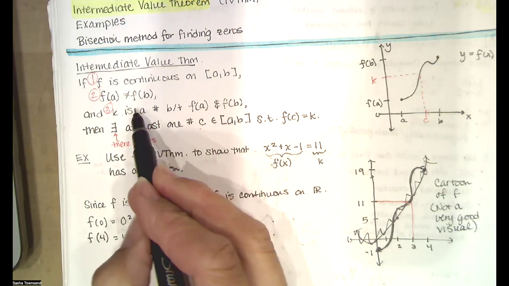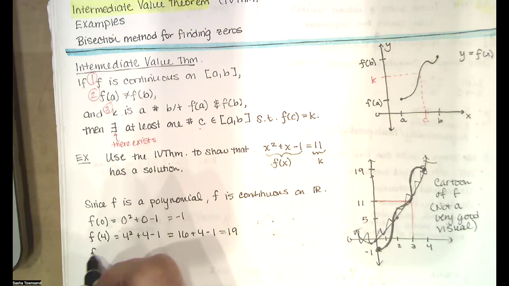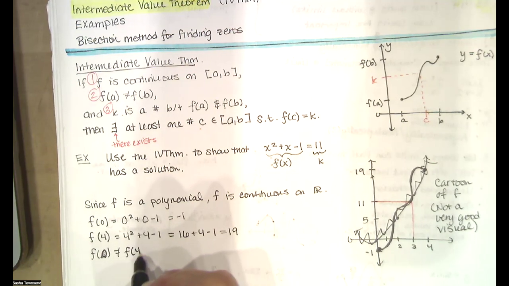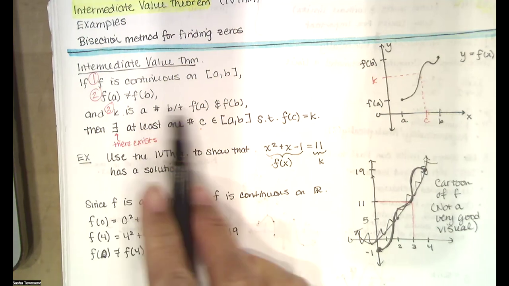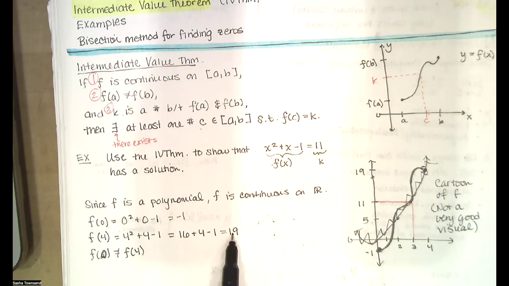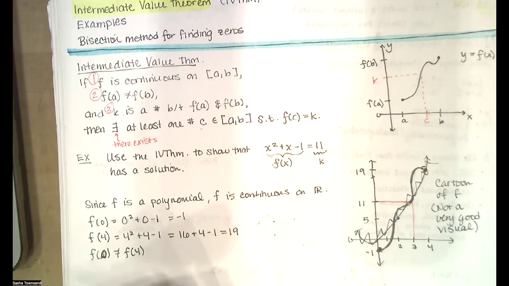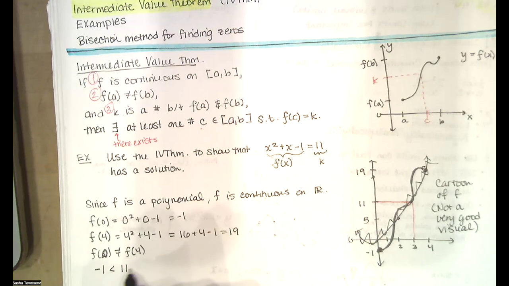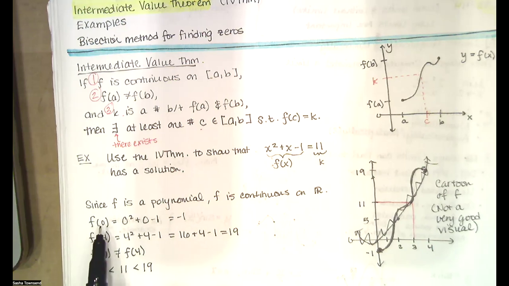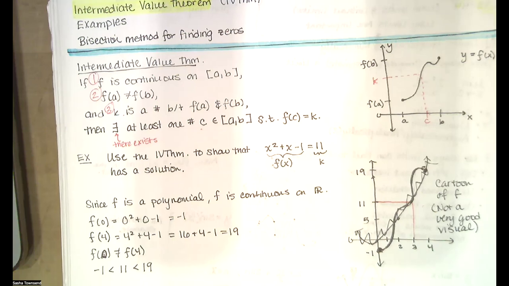And then we have to say this part. Obviously, those are not the same. f of 0 is not equal to f of 4. And we need k to be a number between f of a and f of b. So we need 11 to be between -1 and 19, excuse me. And that's true. Since all of those things are true, continuity, two function values that aren't the same, and our k value in between those function values,